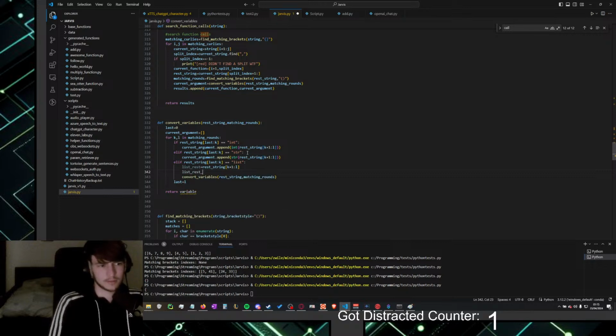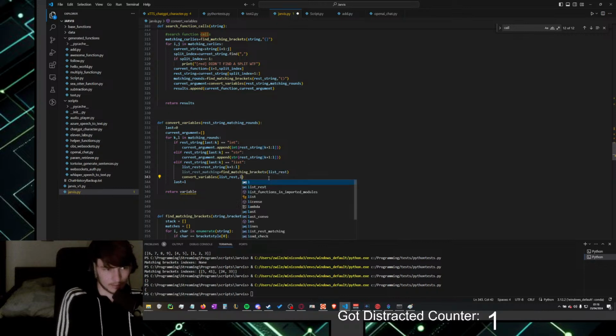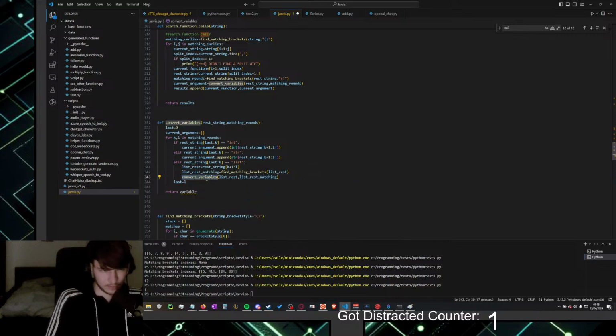List rest matching, and that is find matching brackets of list rest. So we have this is list rest and list rest matching. Okay, and I think that could work.